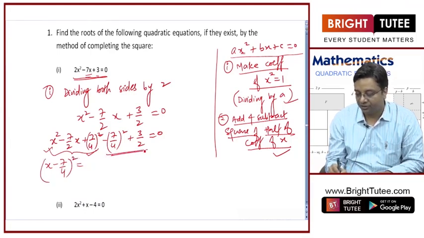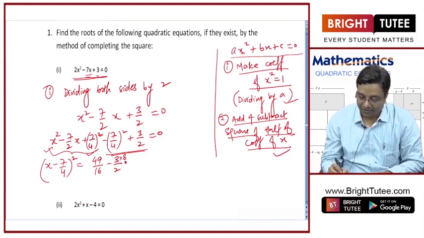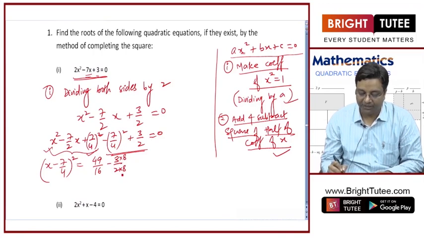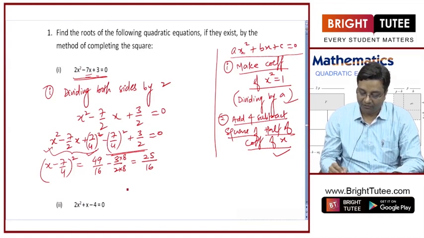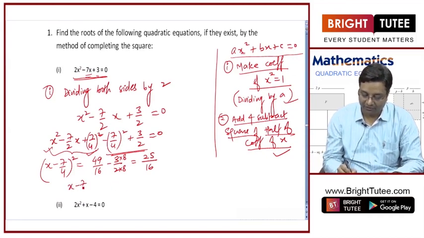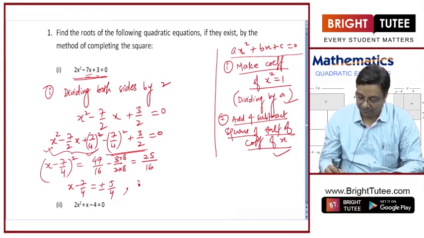Now if I take these terms to the right hand side, it will be 49 by 16 minus 3 by 2, right? 3 by 2 I can write as 24 by 16. Now this subtraction, 49 minus 24, is 25 by 16, right? So now if I take a square root here, x minus 7 by 4 will be equal to plus minus 5 by 4, right? Once I consider the positive sign, it will give me x minus 7 by 4 equal to 5 by 4,